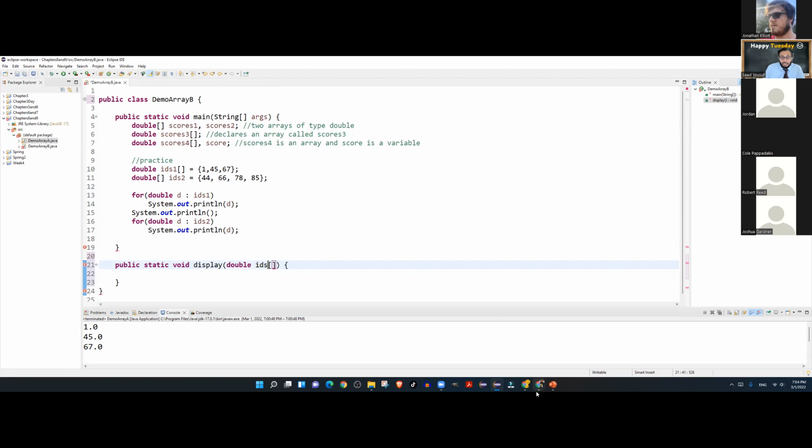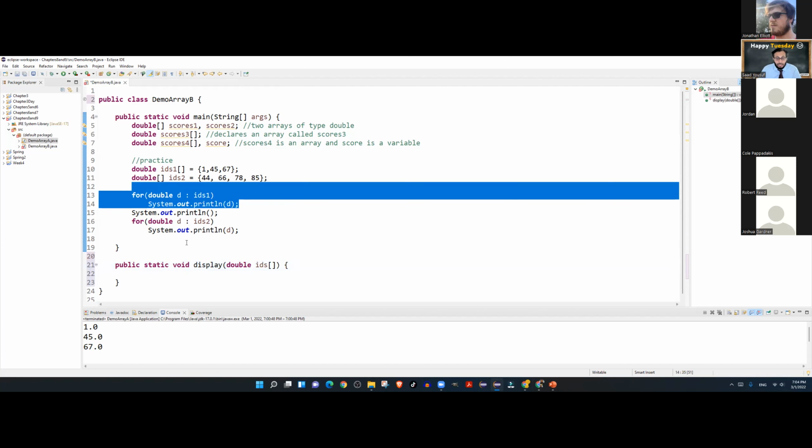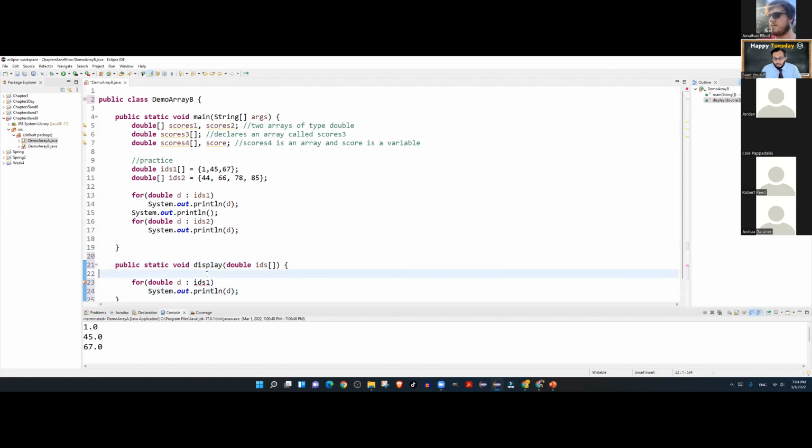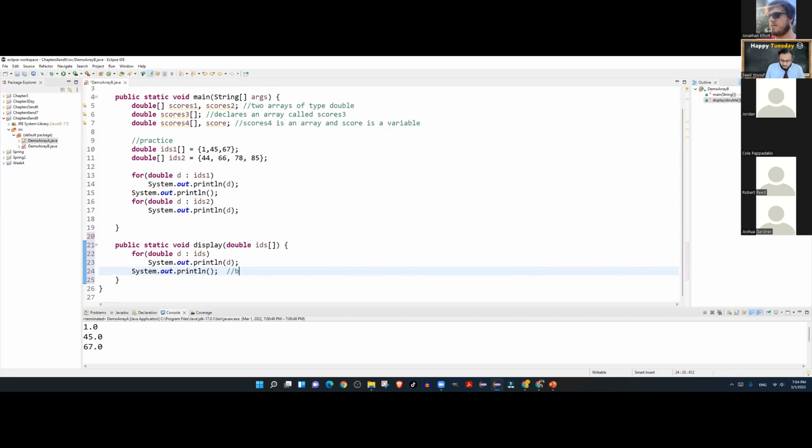We're going to call this one IDs. And I will simply copy and paste the code here. After it receives an ID array, it will just display the output. And once it's done displaying the output, it will have a blank line, just like that. Blank line between arrays.